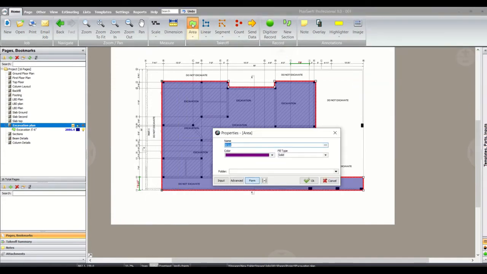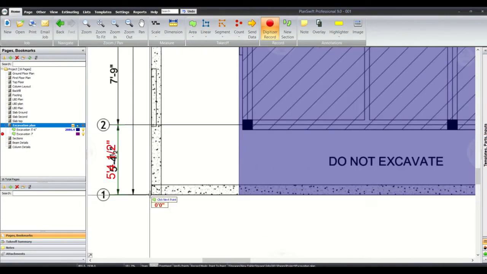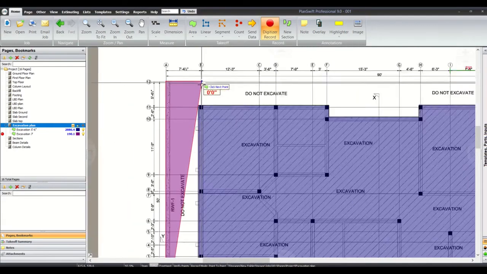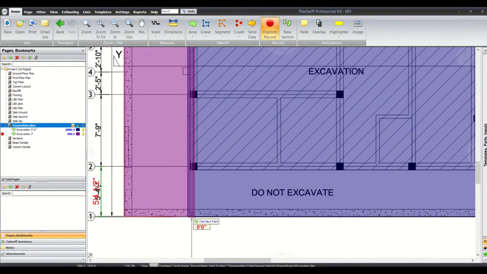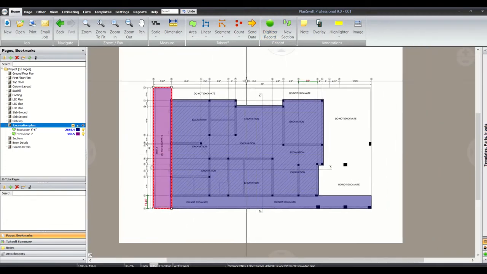That will need excavation up to the level of 7 foot. So excavation 7, we press OK, and mark the excavation where we have to go 7 foot down. So here we can see that we have marked our two excavation plans.